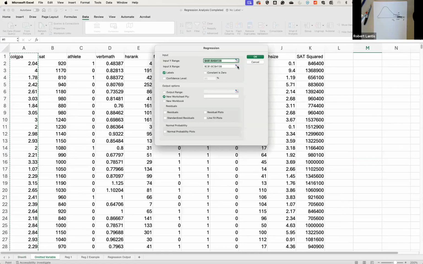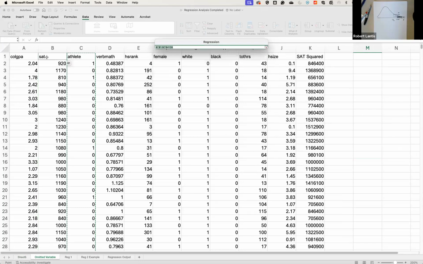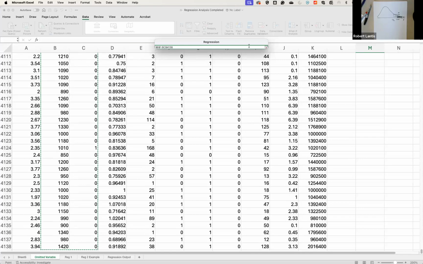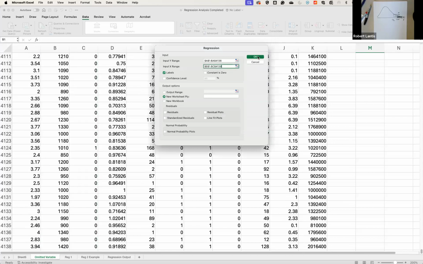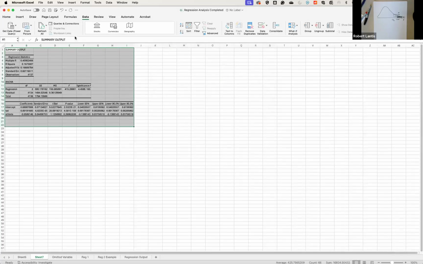And instead of just selecting athlete, I'm going to select two of these variables, right? SAT and if they're an athlete. So Command Shift on the Mac, Control Shift on PC, hit OK. Now when I get this regression output,